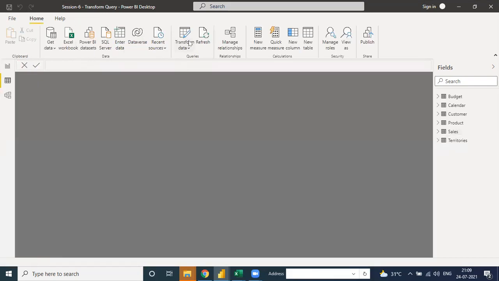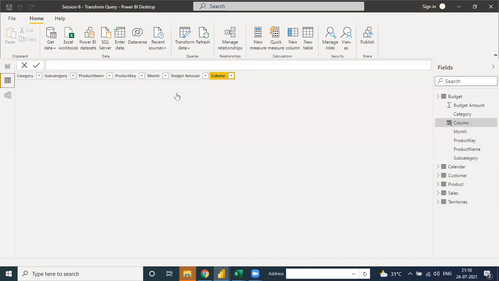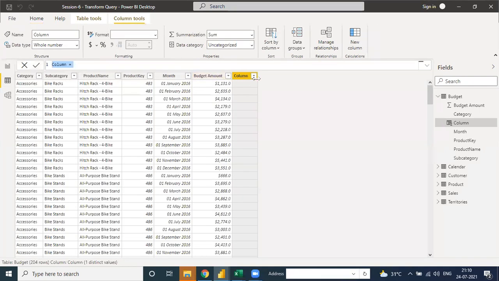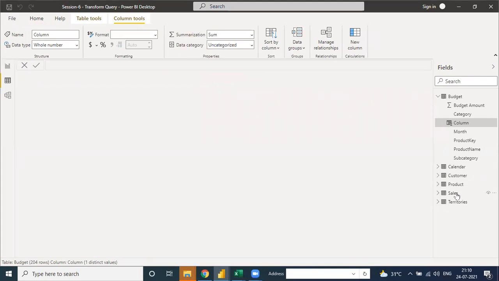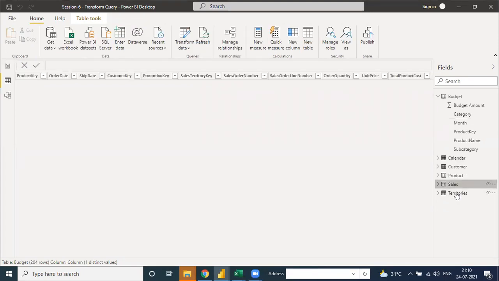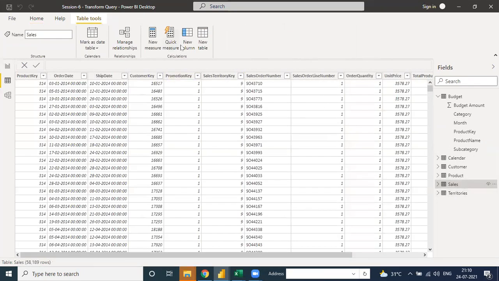Sometimes I add the new column, but you need to remove those columns and go to new column. But this column is added into the budget table, and we don't need it in the budget table. We need it in the sales table, so you need to connect with the sales table directly. Click over sales and add new column.